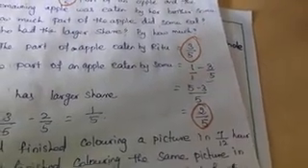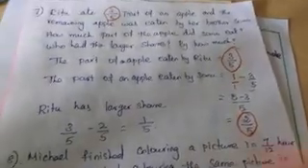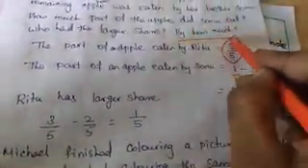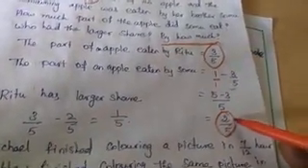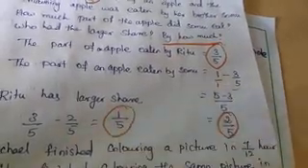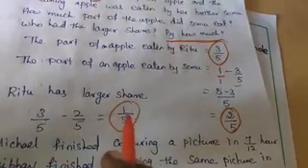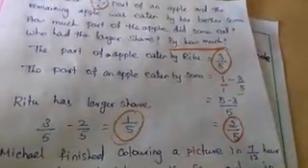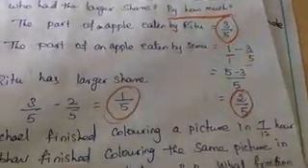Now from here itself you understand who had the larger share. Exactly, Ritu had the larger share. By how much is also asked in the question. By how much means if you subtract both the parts, whatever value you get is the answer. So 3 by 5 minus 2 by 5 is 1 by 5. So 1 by 5 part is eaten more by Ritu. I hope this sum is clear.